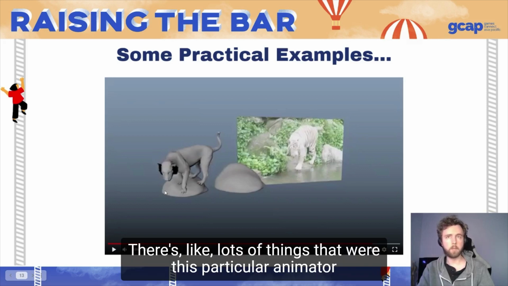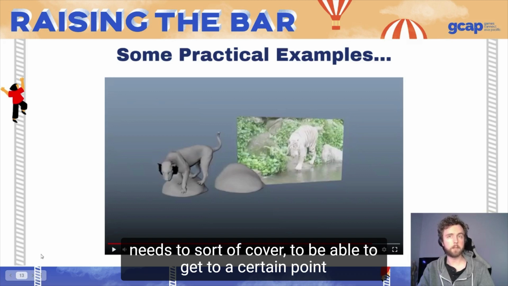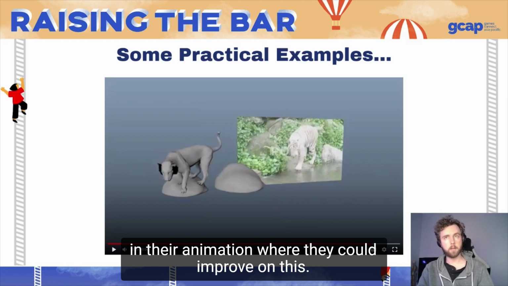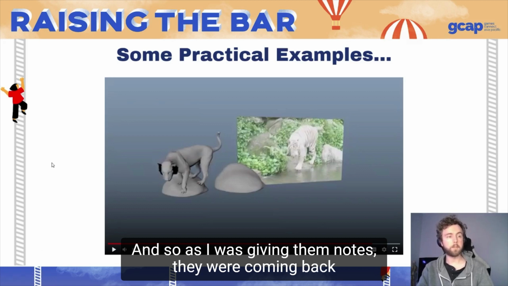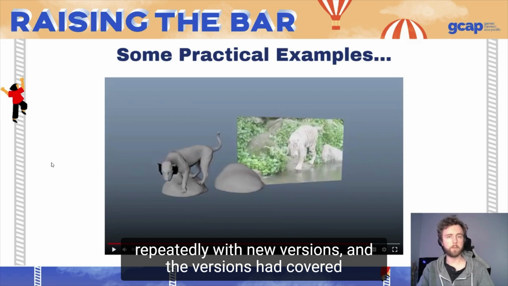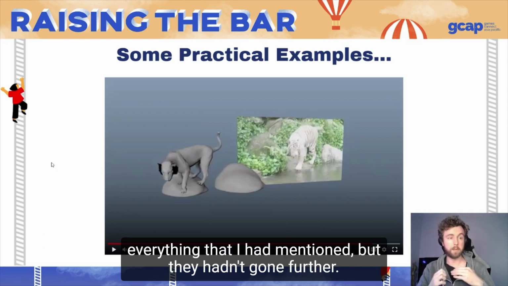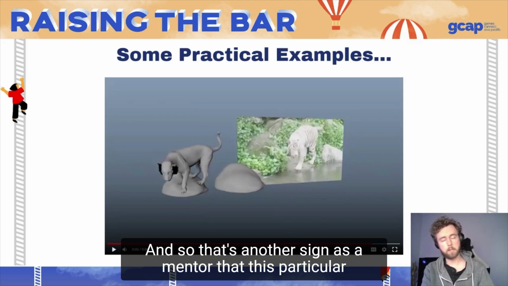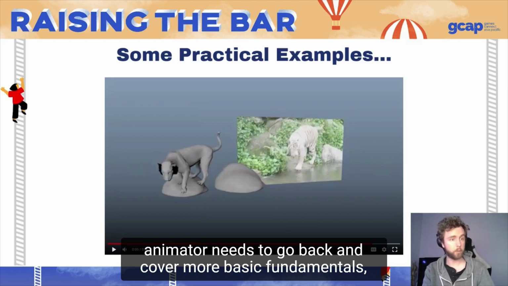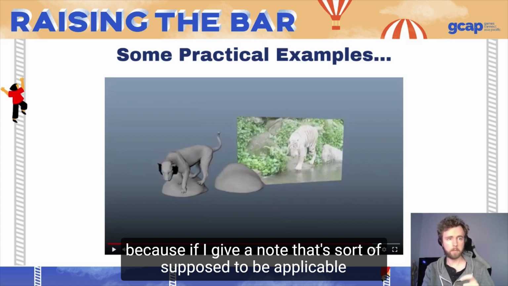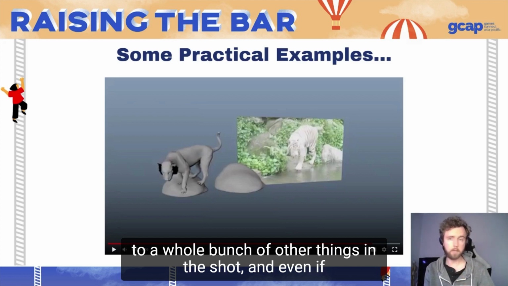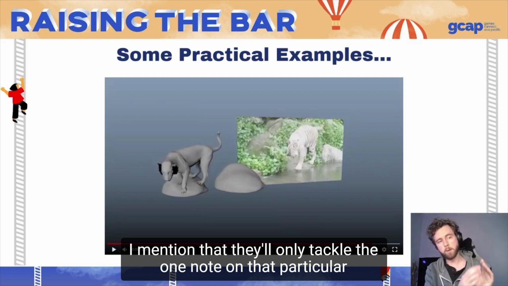There's lots of things that this particular animator needed to cover to be able to get to a certain point in their animation where they could improve on this. And as I was giving them notes, they were coming back repeatedly with new versions, and the versions had covered everything that I had mentioned, but they hadn't gone further. And so that's another sign as a mentor, that this particular animator needs to go back and cover more basic fundamentals, because if I give a note that's supposed to be applicable to a whole bunch of other things in the shot, and even if I mention that, they'll only tackle the one note on that particular